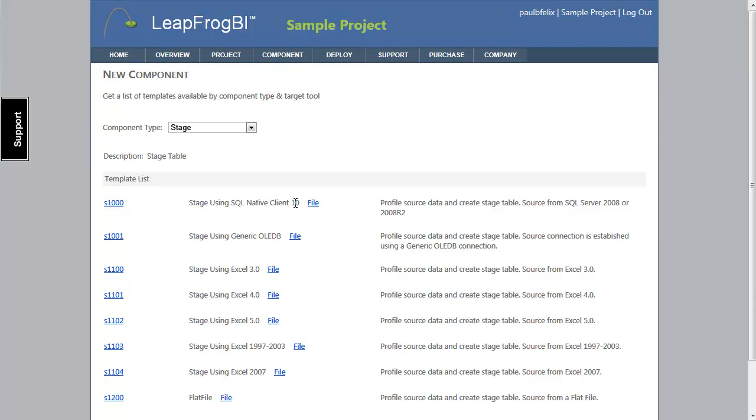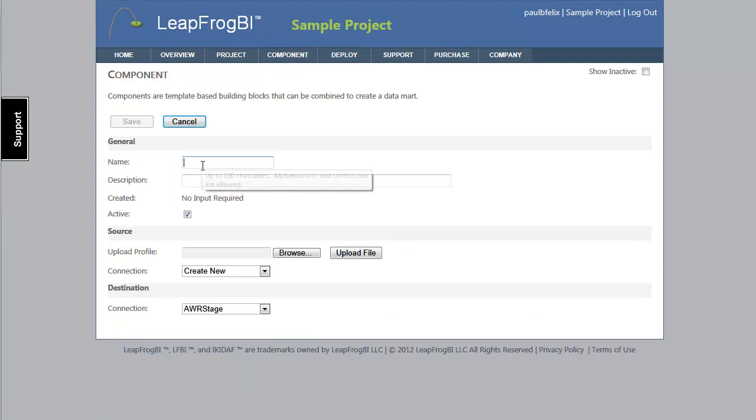That absolutely doesn't have to be the case. It just happens to be the simplest way for me to demo this. So I'm using this SQL Native 10 client as my source. I'm going to select that template and give this a name. We'll call it product. We give it a description,